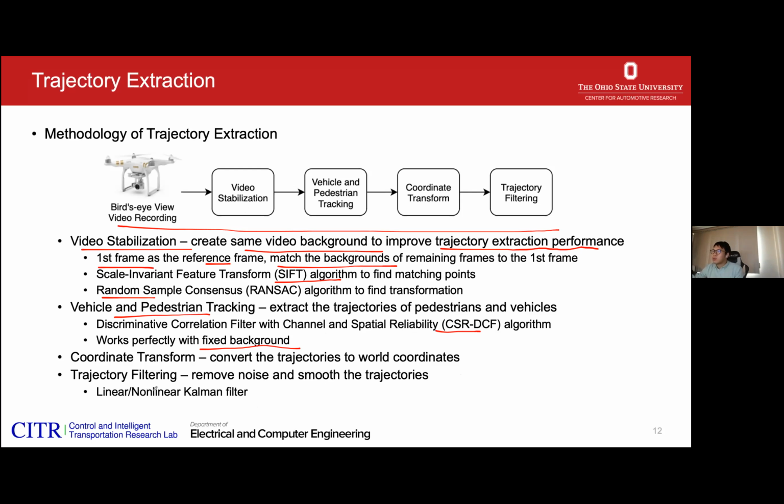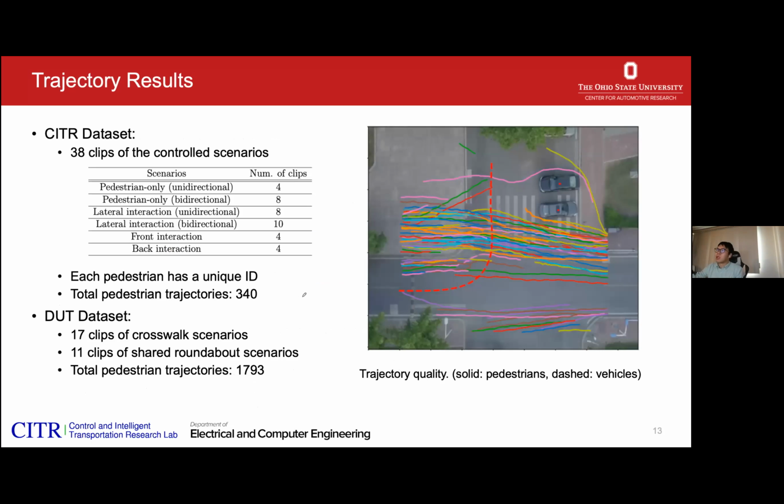And the next step is just to convert the trajectories in the image space to the world coordinates. And last, we have utilized the Kalman filter to remove the noise and smooth the trajectory. So as a result, for the CITR dataset, we have recorded in total 38 clips of the controlled experiments. And in this dataset, since we were conducting the controlled experiments, each pedestrian has a unique ID. And in total, we have